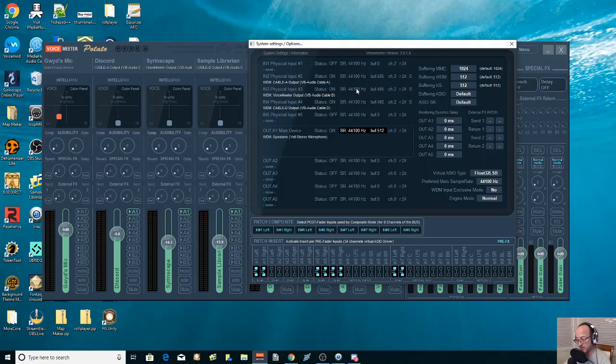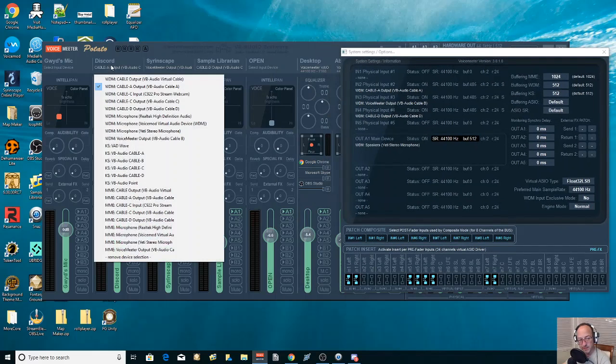I'll show you how to do that, because sometimes you might see one of these that's at a different frequency, a different sample rate. So SR stands for sample rate. These over here are your buffer defaults. So if you look, just for a second, I don't know if it's going to let me. Yeah, it does. So you'll see how when you drop down each of your outputs within Discord or within Voicemeeter,